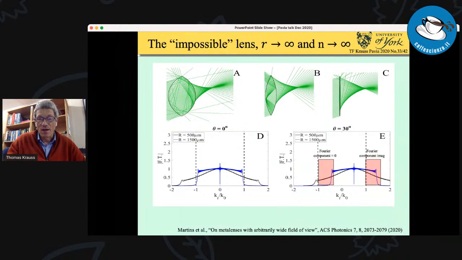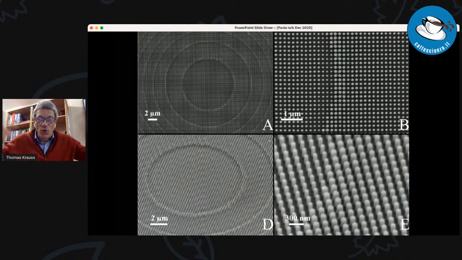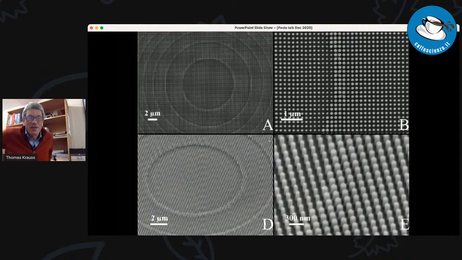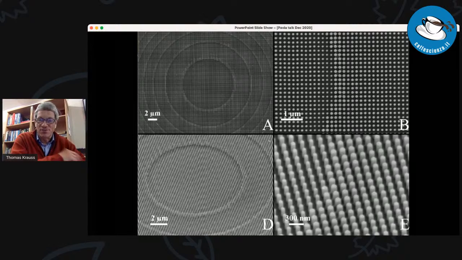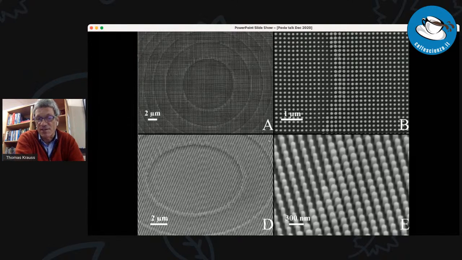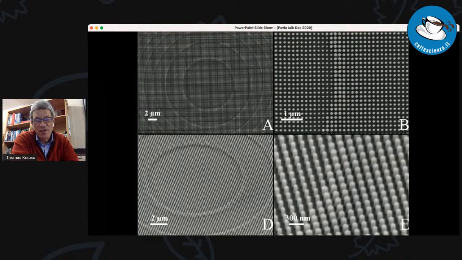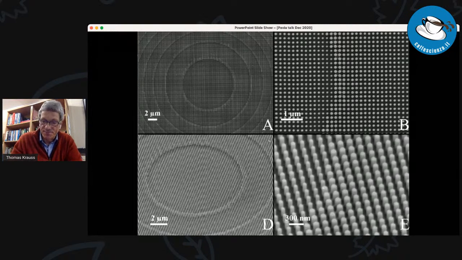Okay, so can we improve this? First of all, does it work? My group's key technology is electron beam lithography. We make these nanostructures. We love making nanostructures. And this is really hard work from two of my students. You notice they've made these lovely little arrays of pillars, and this is really very difficult. It's a 190 nanometer period, and we have to control the radius of these pillars. This structure is not polarization sensitive. We're not using the PB phase because we wanted to do something that was polarization insensitive. And this is what we have achieved.